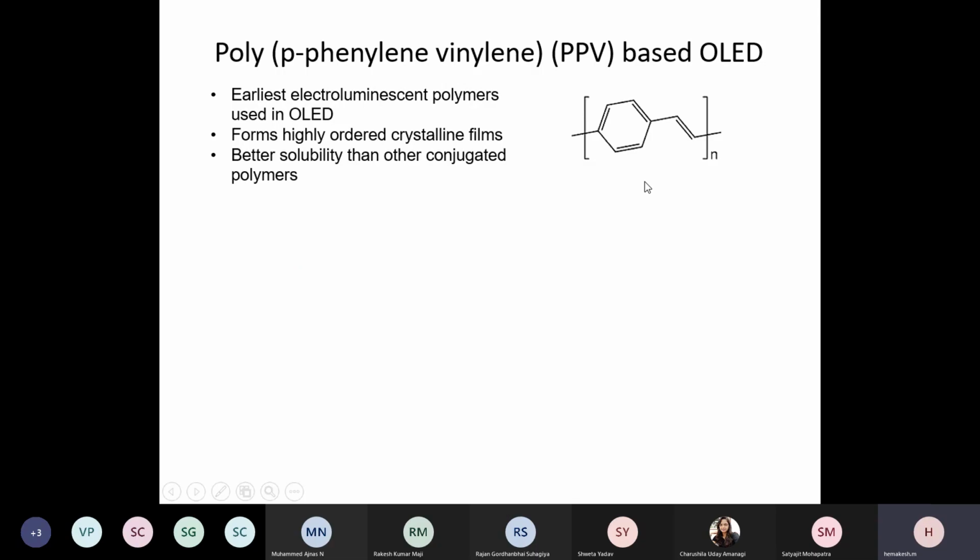They again have the right band gap, band structure, and HOMO-LUMO for LED applications. These polymers can form crystalline films better than some other polymers, especially compared to polythiophene and polyacetylene. These make crystalline films a little bit easier, and they are sometimes better soluble than things like polyacetylene or unsubstituted polythiophenes. So PPV, for short for that polymer, was the earliest polymer that was used